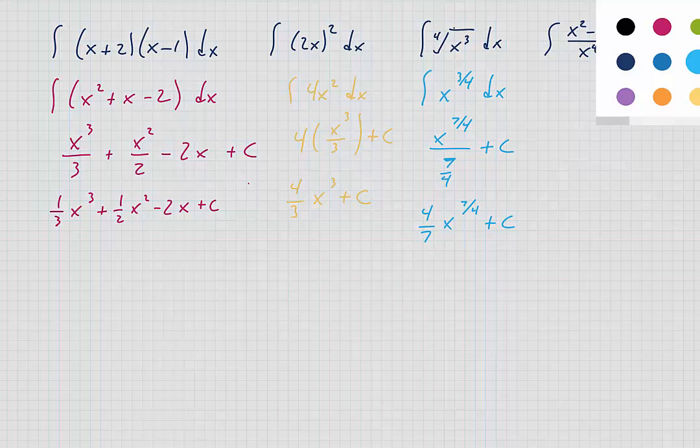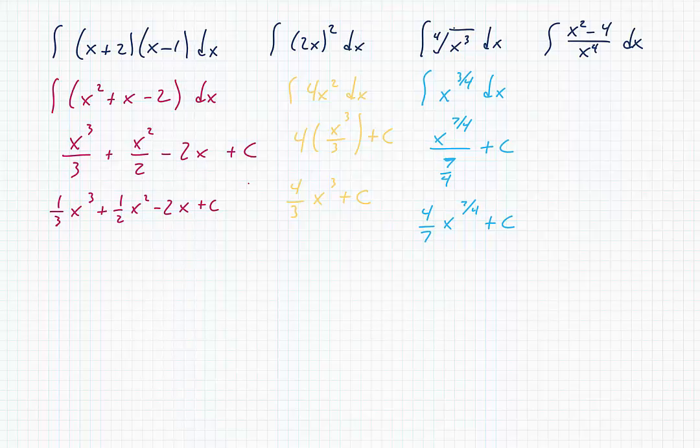In the final example that you see here, we have a rational expression with a monomial in the bottom, which means we can divide it into each of the terms in the top. So we could also think of this as the antiderivative of, well, let me write it this way, x to the negative 2 minus 4x to the negative 4 dx. So you can either think of this as taking x to the 4 and dividing it into x squared,